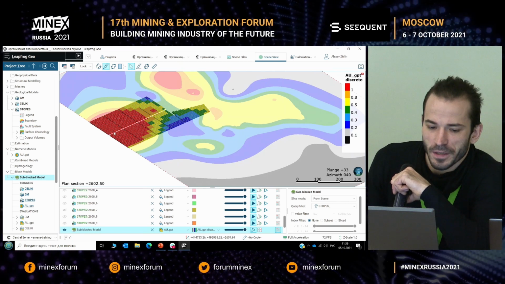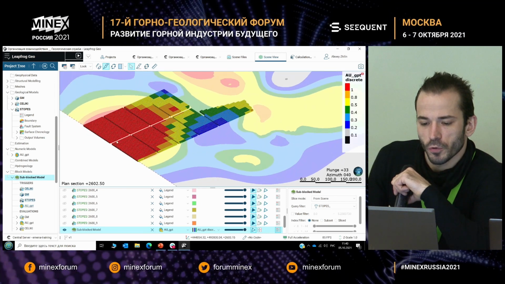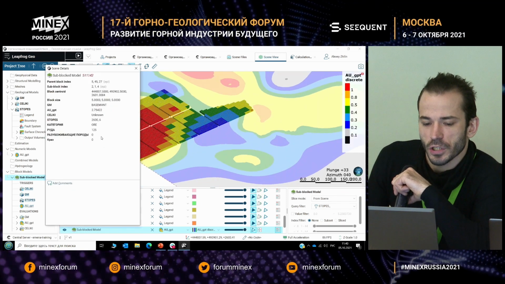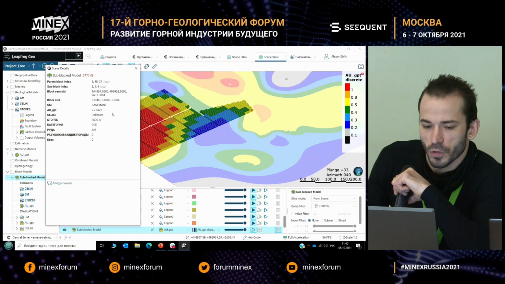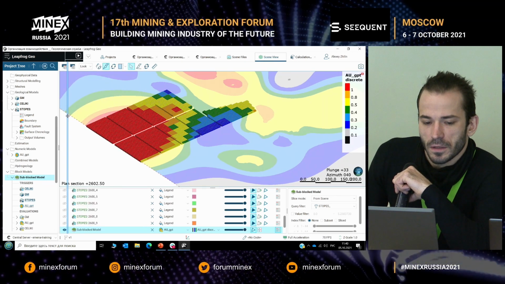How did it become possible, where we have only geologists? We have the kind of digital cover, and when we projected it to our model, we have the content of gold in every block of the ore.